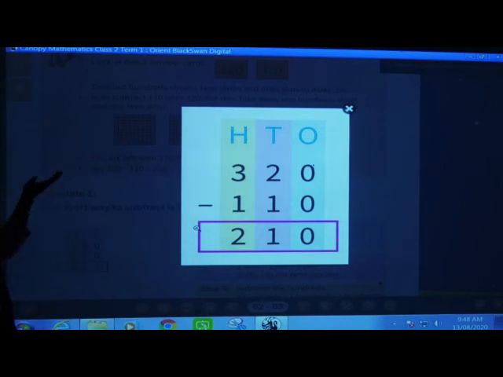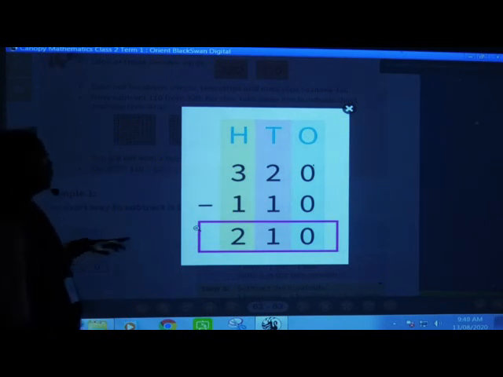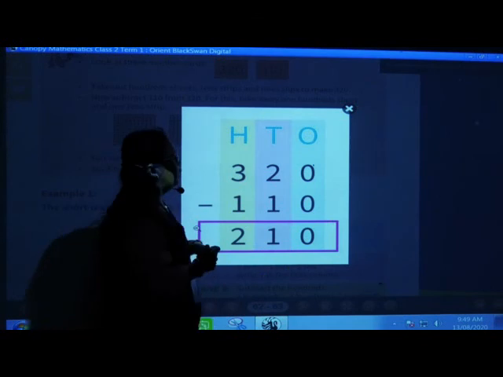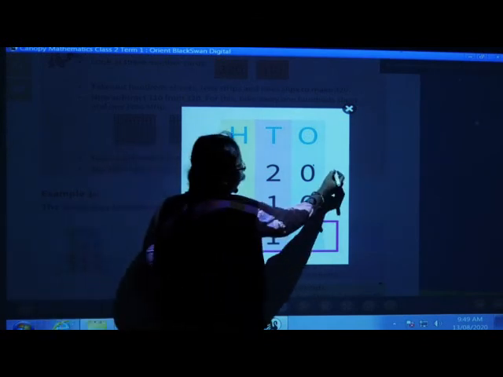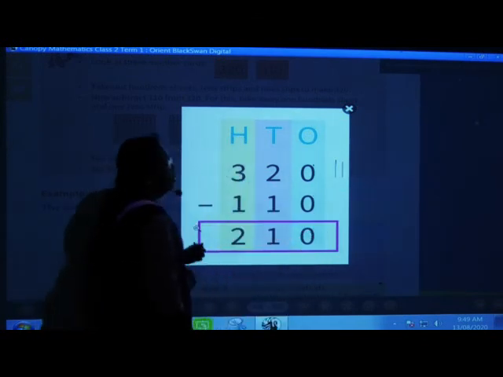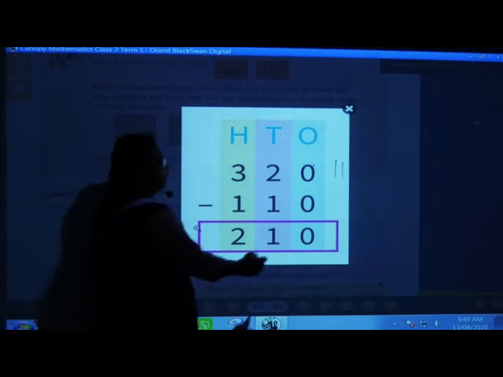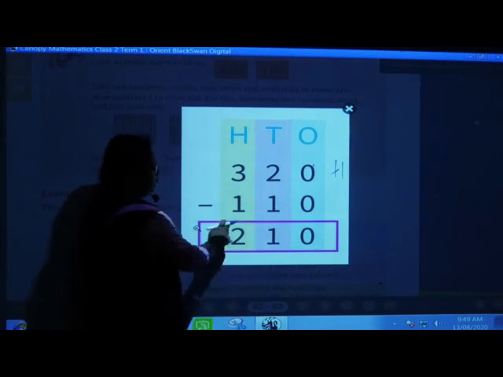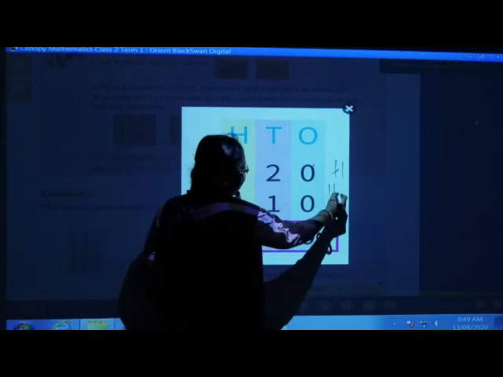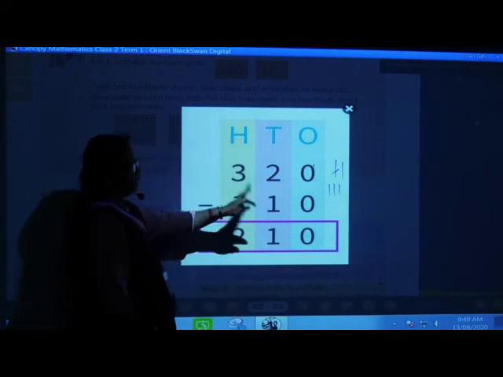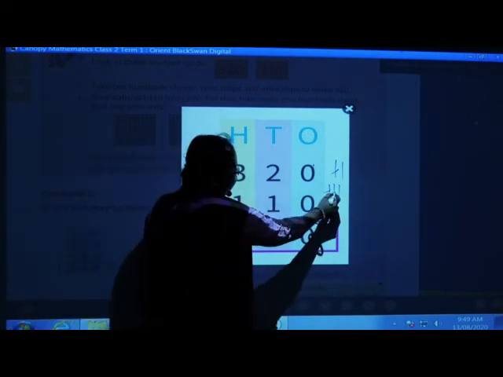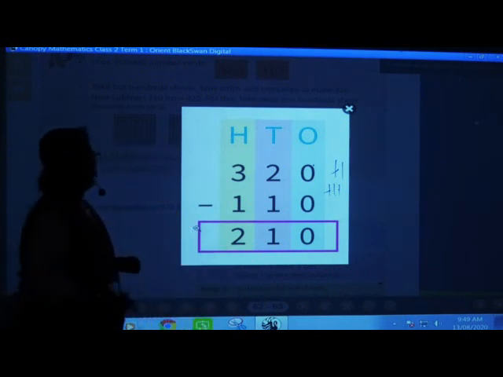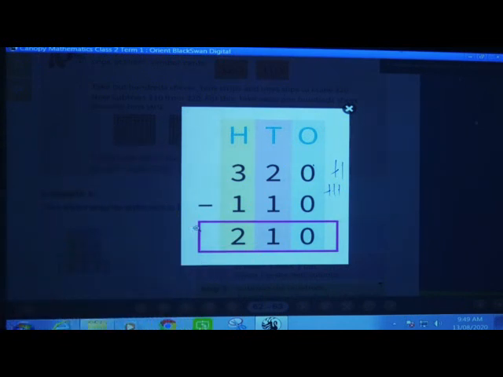As we have seen in 2-digit numbers also, subtraction means minus, cut. So 0 minus 0 is 0. Then 2 minus 1. How will you do? 1, 2. So from 2 you want to cut 1. You will cut 1. How much remains? 1. Then 3, 1, 2, 3. From this 3 you will cut 1. So 1, 2. 2 is the answer. In this way you want to do subtraction.